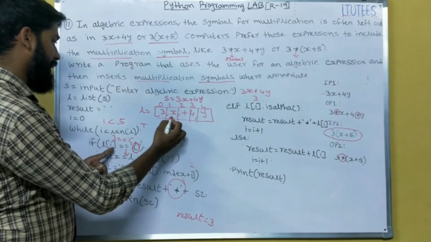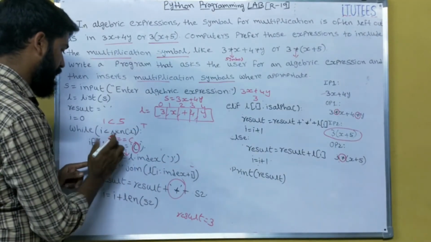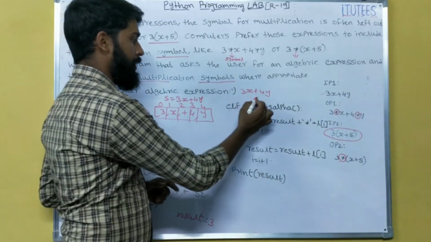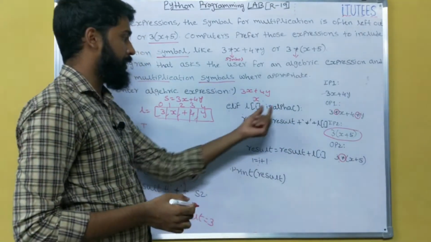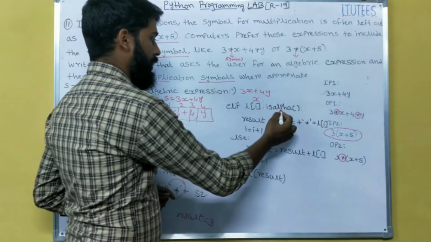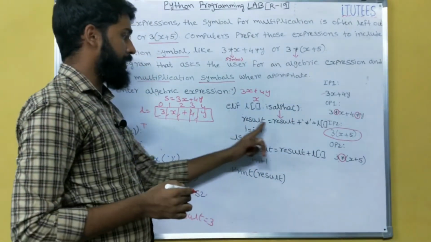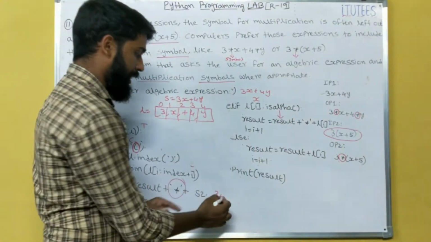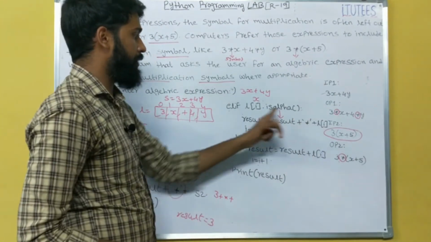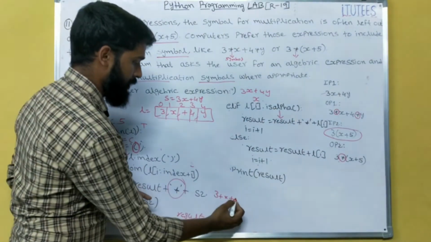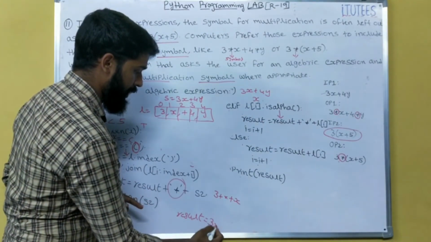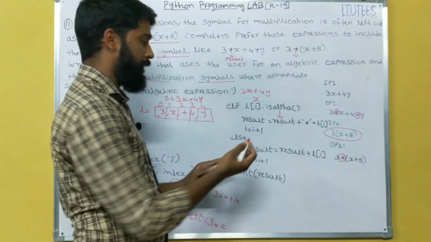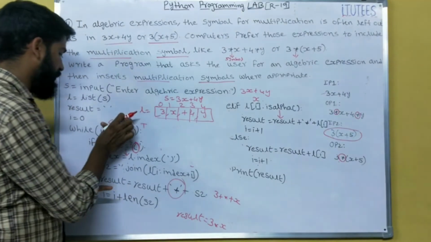Now what is the L of I? L of I is x. X equals to bracket? No. Go to here. X is alpha. Yes, x is alphabet. So enter to here. Result equals to result plus, so 3 plus asterisk plus L of I. What is the L of I? X. If you combine, you get asterisk x. And increment the I by 1. That means now the I value becomes 2.